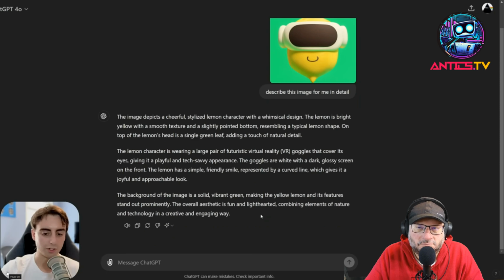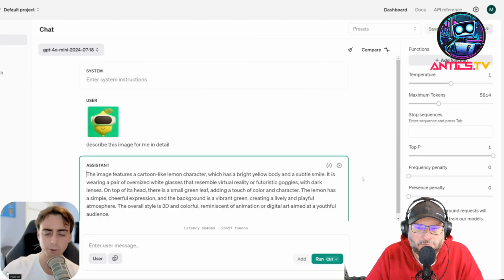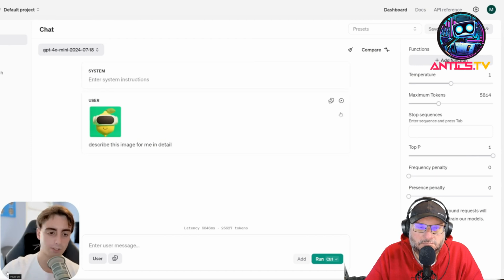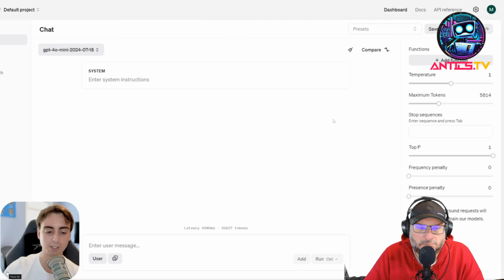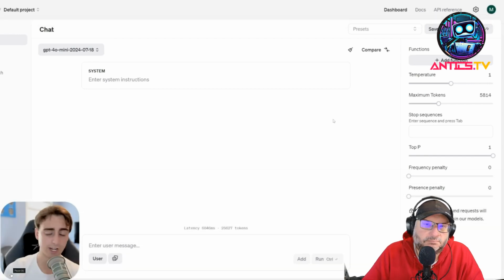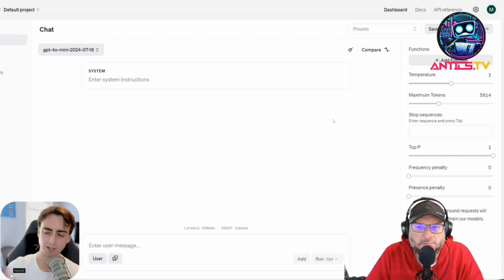I think overall you're just getting a better result out of the larger model, but still very much acceptable with no visible hallucinations here, no textual hallucinations about the visual image. So in that sense, very impressive. I mean, this is easily one of the better image recognition models that I've seen. Image rec vision seems to be pretty good on this thing, even though it's much smaller and much more efficient. It might not compare to something like 3.5 Sonnet, but still better than anything I've seen come from